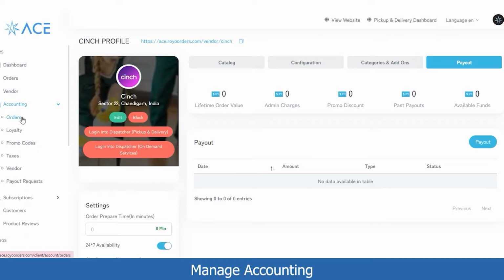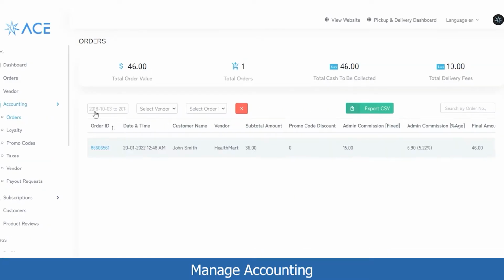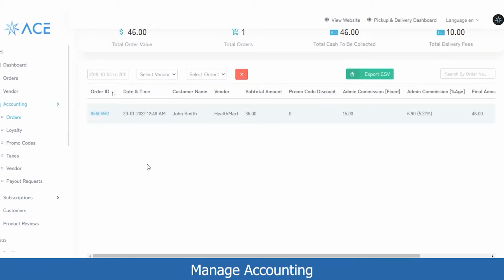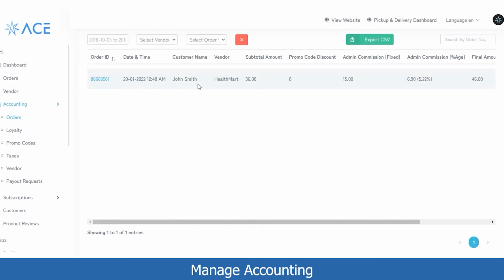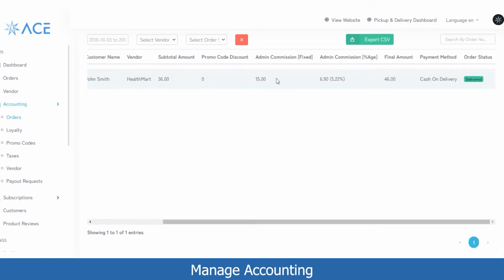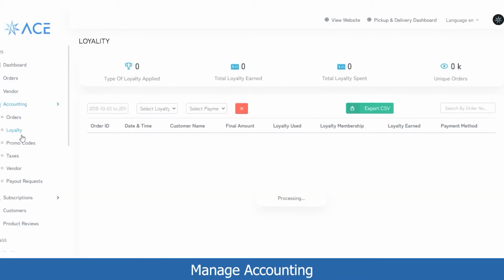Now let's move on to the accounting section, where you can view the accounting details for different options like orders, loyalty, promo codes, taxes, vendors, and payout requests. In the accounting for orders you can view the total order value, total orders that have been placed, total cash to be collected, total delivery fees, and below that you can see the order details, like this is the order we have just placed, so you can view the subtotal amount,